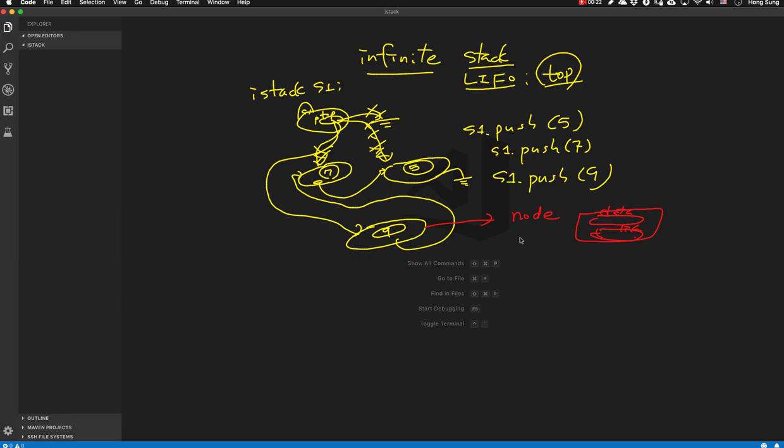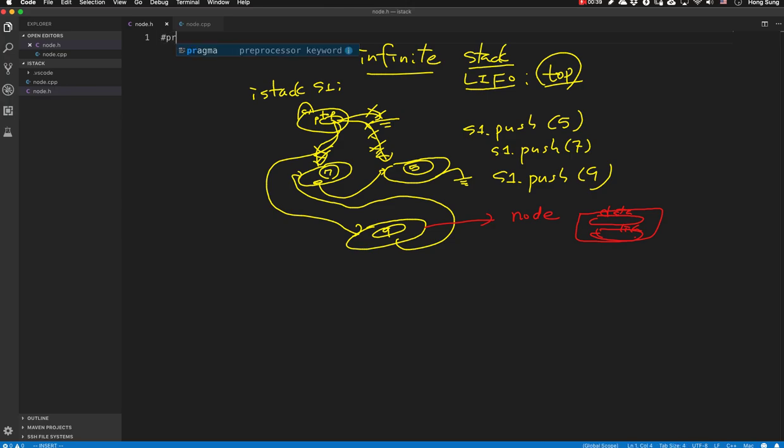So let's first define the class for node. So we are going to have node.h and node.cpp. Then in node.h, pragma once. Class name is node